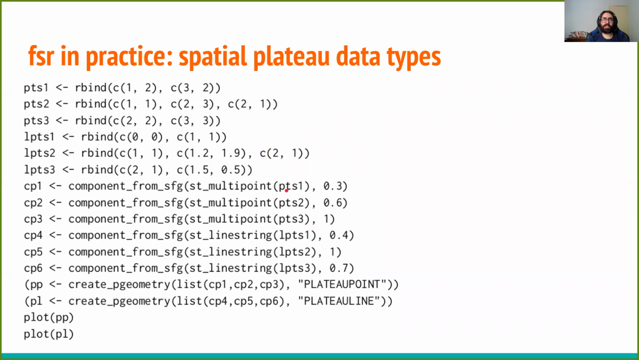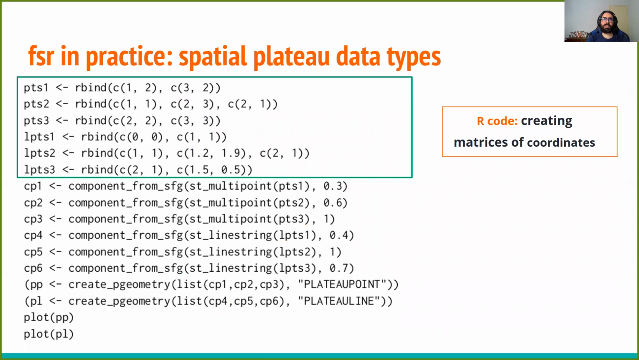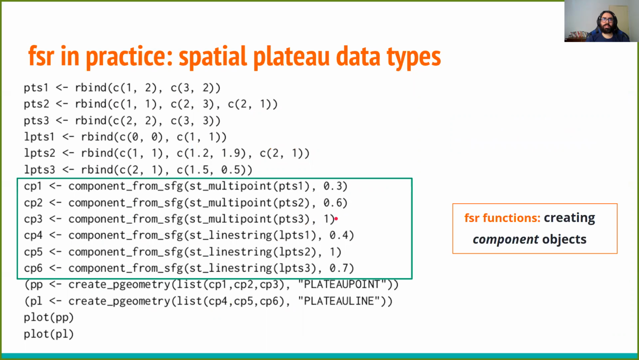In this first program, we show a small example that uses some basic functions of FSR to create fuzzy spatial objects as spatial plateau objects. It starts by defining a set of matrices containing the coordinates to build crisp point objects and crisp line objects. Next, we create two components for this